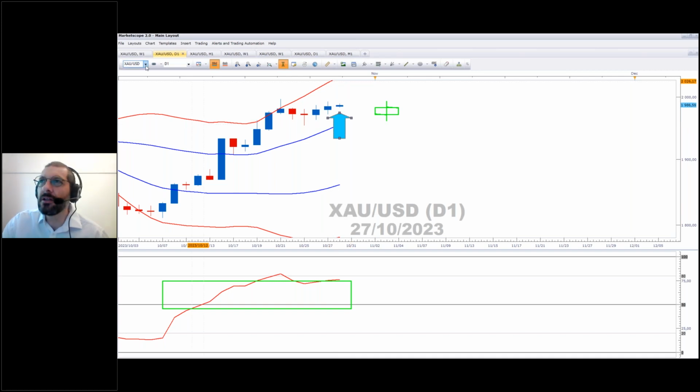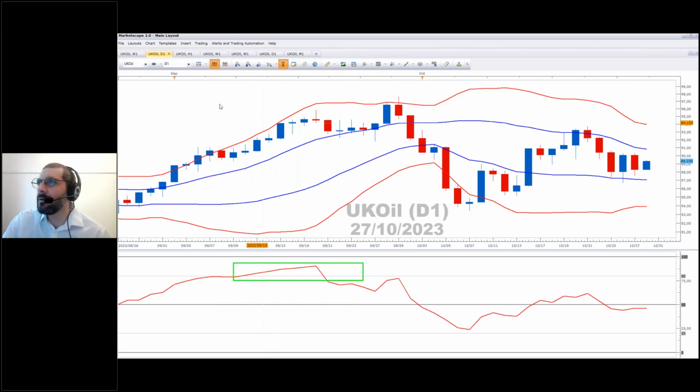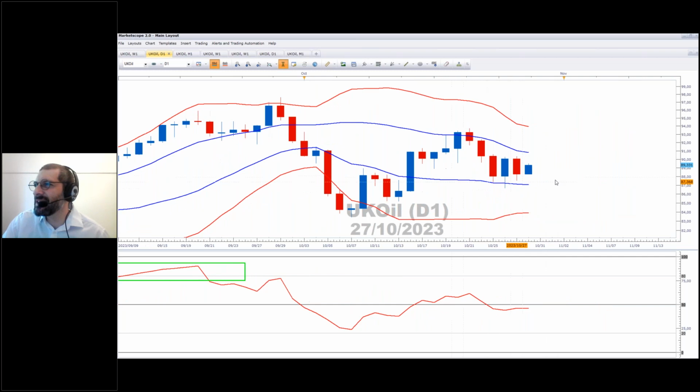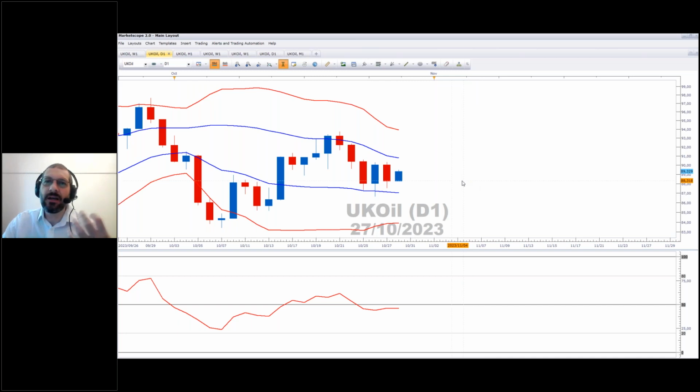All right, let's just take a look at oil. I'm just bringing up Brent UK Oil. Okay, so we're sitting in zone 2, neutral. What kind of sentiment do we have? Take the range of day 1 and day 2. Day 2's high is very close to day 1's high. It's a little higher.